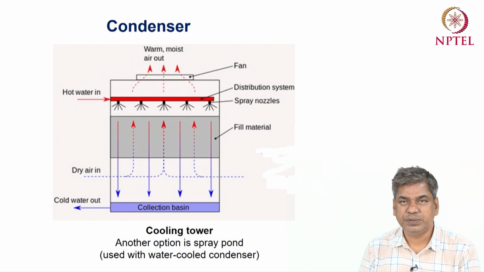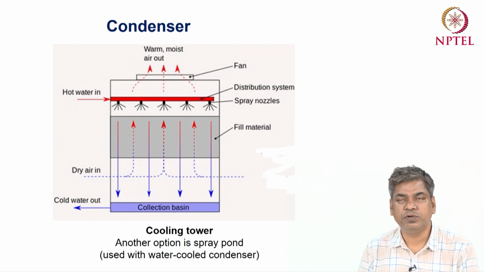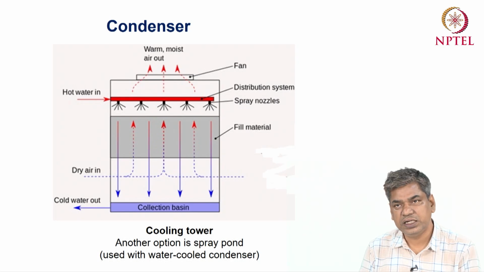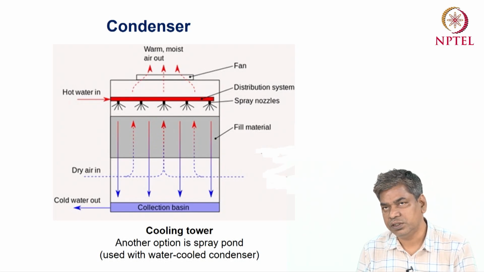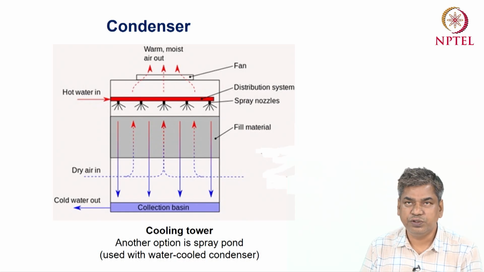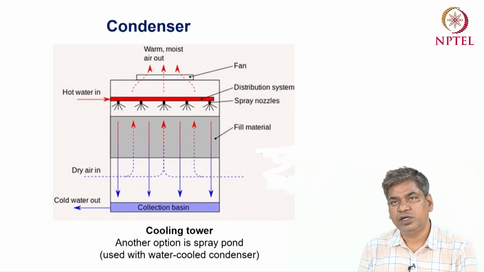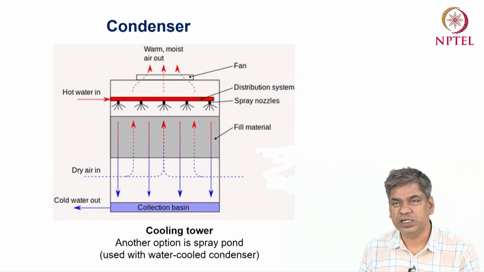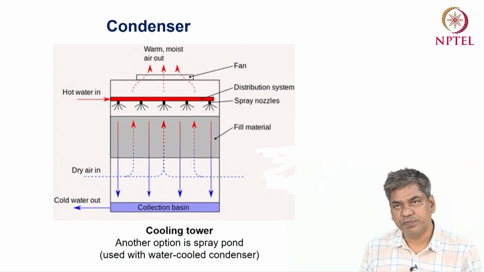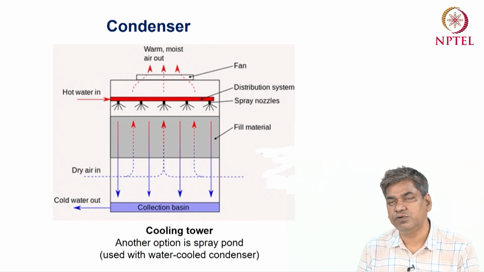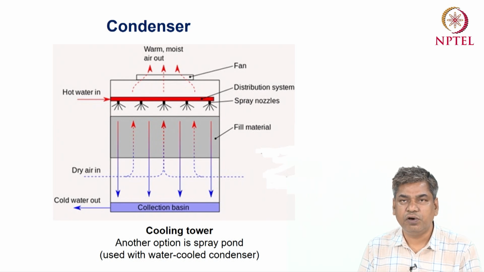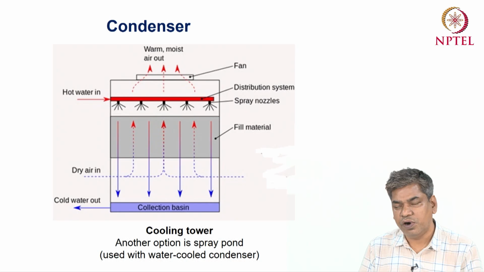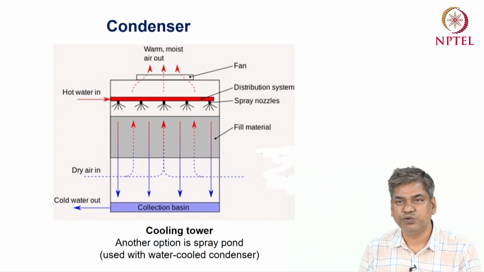Where water is freely available, that means river water or ocean water, we can directly use it for the condenser. But when we use river water, ocean water or lake water, those waters are very much corrosive. So there is some corrosion problem if we directly use ocean water or sea water. That's why people always prefer some water recirculation system for the condenser. So for that case we need a cooling tower.